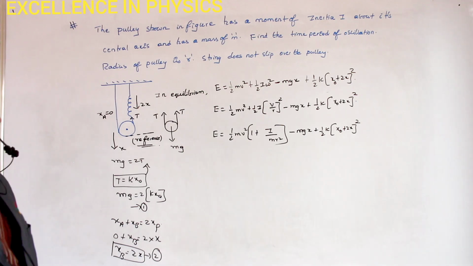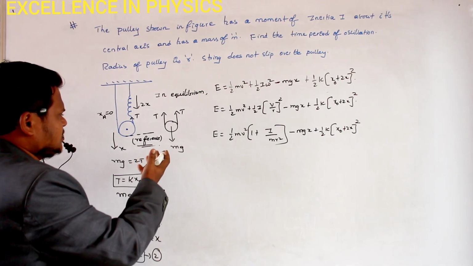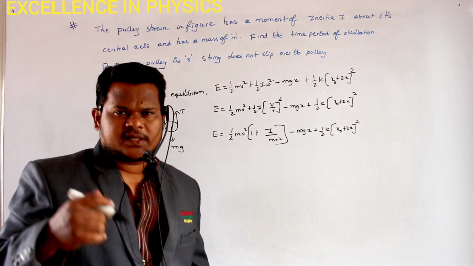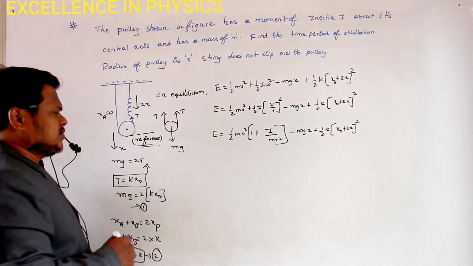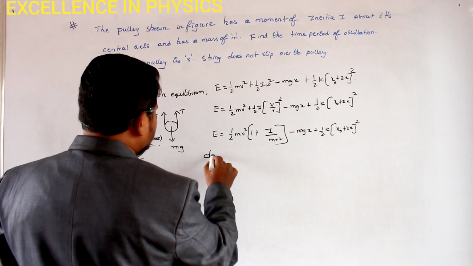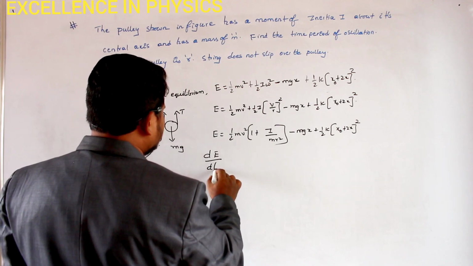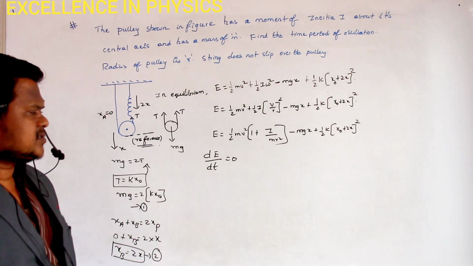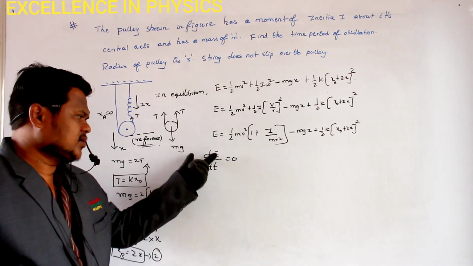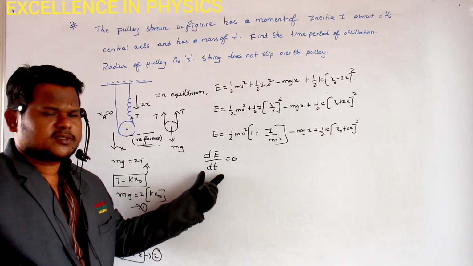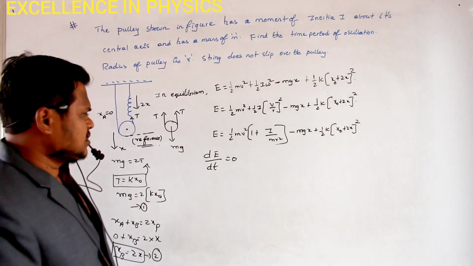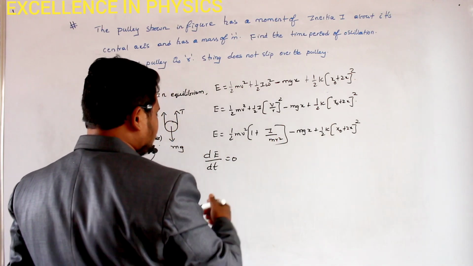Clear? So already we have discussed that here there are no forces acting. All the forces are conservative forces only. So therefore total energy is always a constant. If total energy is always a constant, then I can write that dE by dt should be equal to 0. What is meant by dE by dt equal to 0? Total change in energy per total change in time. Energy is not changing, just like how we have done in the previous calculation. So therefore, you have to differentiate on the other side also.